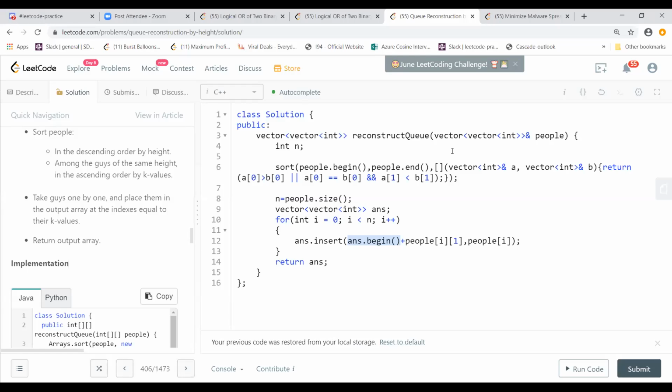So this insert function, does it also take care of the rearrangement? I'm asking about this insert function on line 12. Yeah. Because every time you insert any value, it compares. It adds that value, the index value of the second parameter, to the beginning of the vector array, and that is used for finding the location where this value is going to be. Okay. So Santosh, looks like this is an n square solution, right?